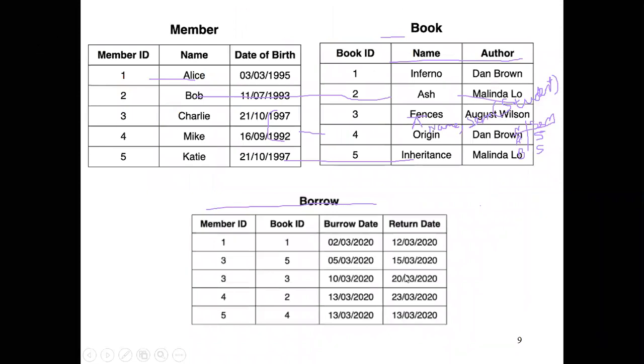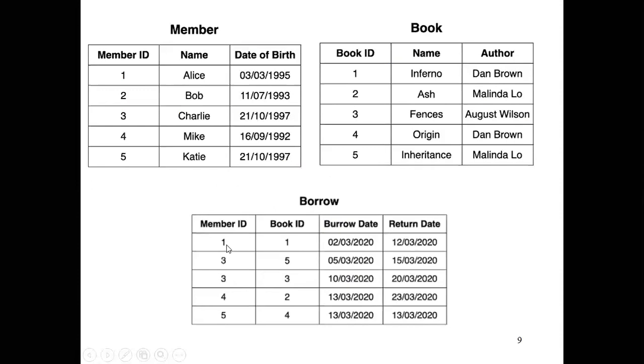So here we have the member relation. What is it asking? Retrieve the member ID of members who have borrowed books. Here only the details of the member are there. Here only the details of the book are there. But here the details of the members who have borrowed the books are there. Yes or no? Then I have to go for this table actually, right? Borrow book: member ID, book ID, borrow date, return date.